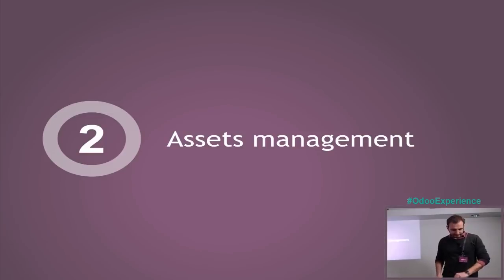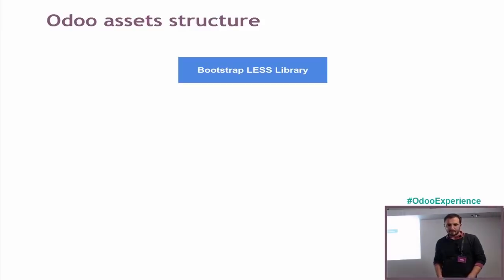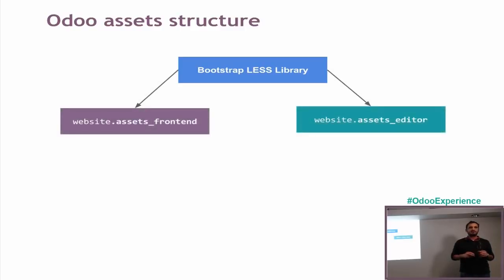So let's talk now about asset management. Everything in the Odoo website relies on Bootstrap by default. Starting from Bootstrap, we have two different bundles of assets: one is website assets frontend, and the other one is assets editor. Assets frontend contains all the assets, the less and the JavaScript that will be used in the